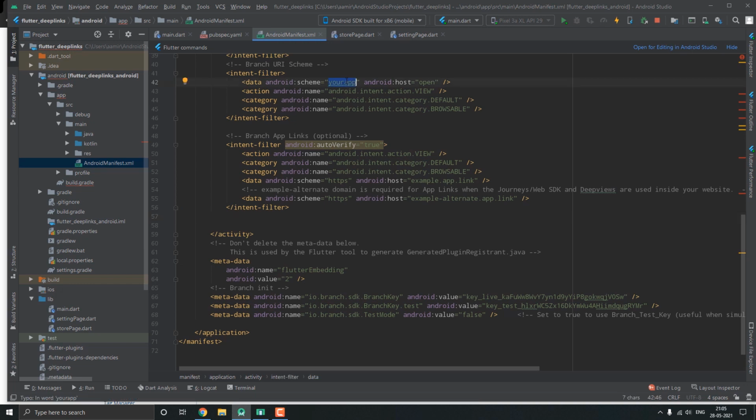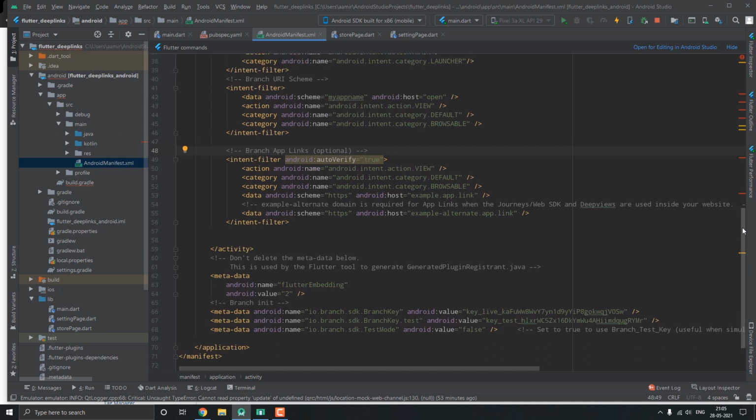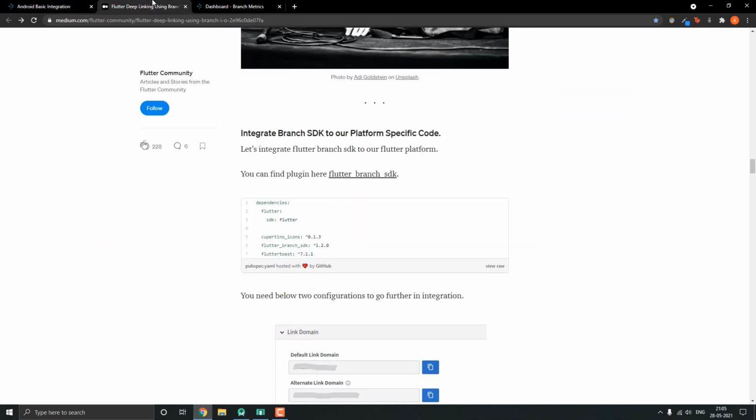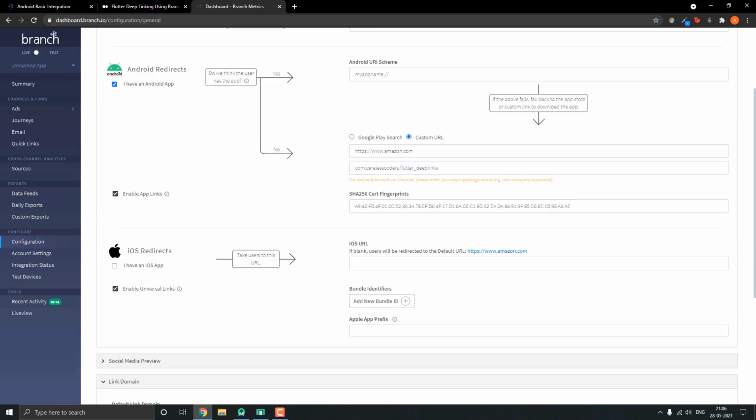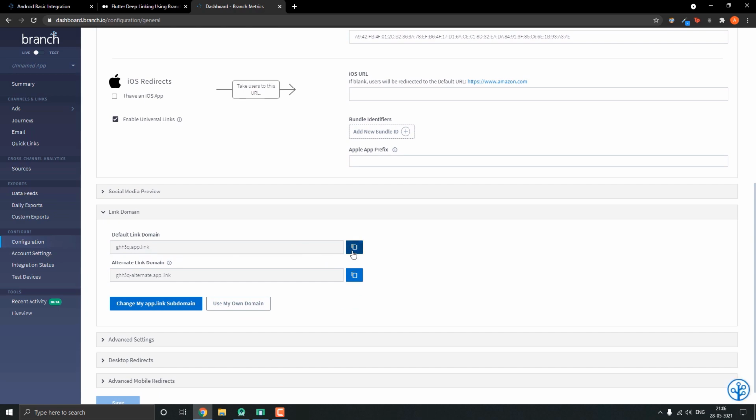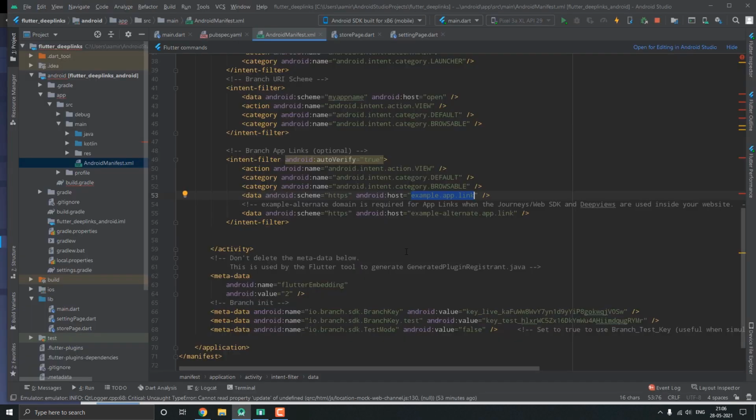Then write your Android URI scheme that we gave when we were doing setup in our dashboard. And then afterwards we also need to add these two links. Go to your configurations and we need to copy the default link domain and alternate link domain and then replace it